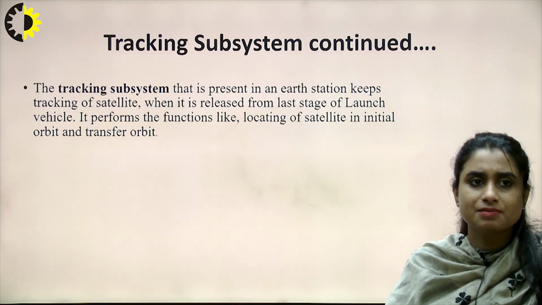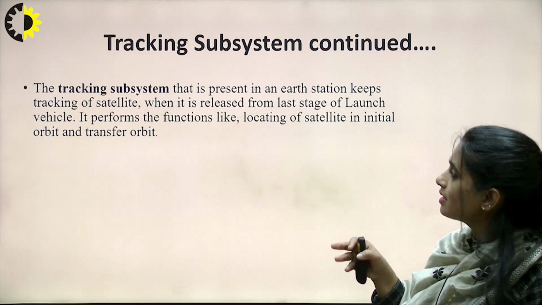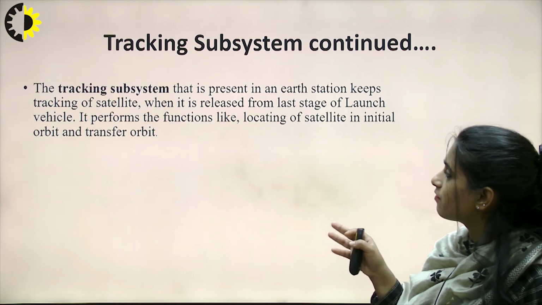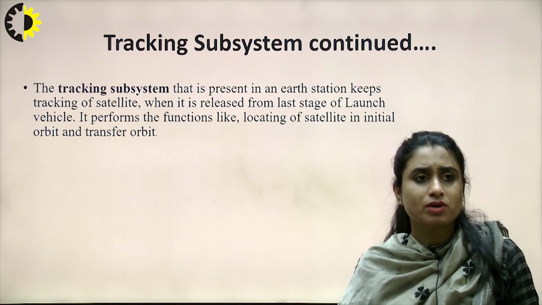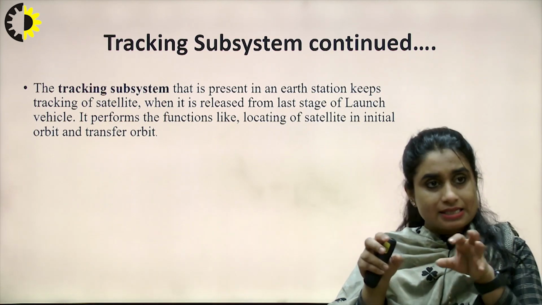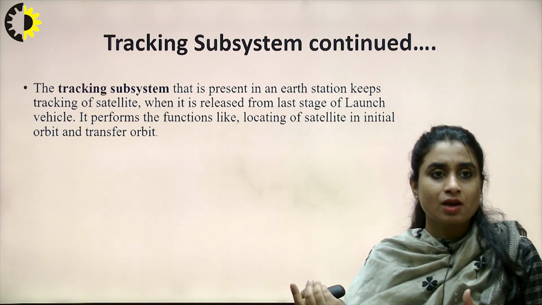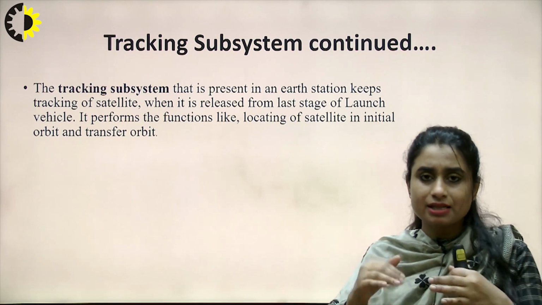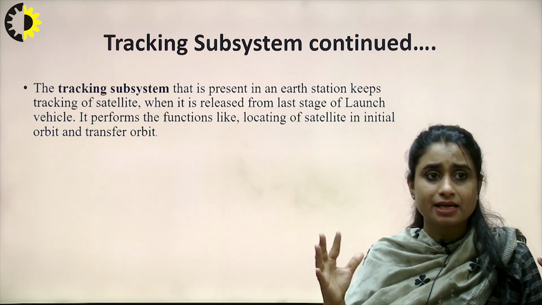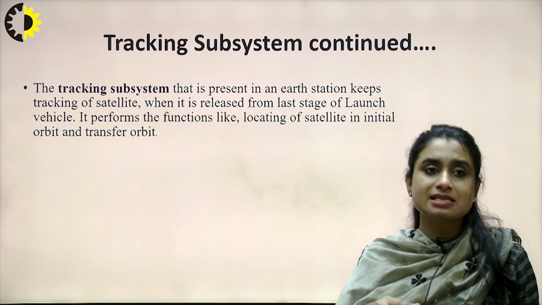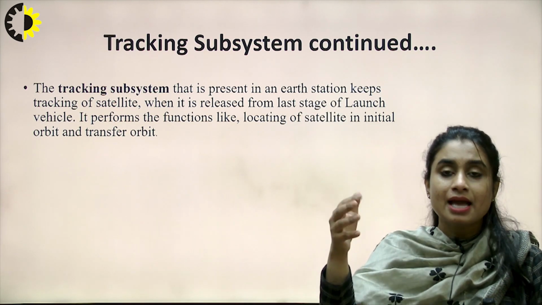The tracking subsystem that is present in the earth station keeps track of the satellite. When it is released from the last stage of the launch vehicle, it performs functions like locating the satellite in the initial orbit and transfer orbit. What does it mean? The tracking subsystem is present in the earth station, but it always keeps track of the satellite. In the last stage of launching, the actual satellite comes out of the envelope, right? So at that time, the tracking system performs functions like locating the satellite in the initial orbit and then the transfer